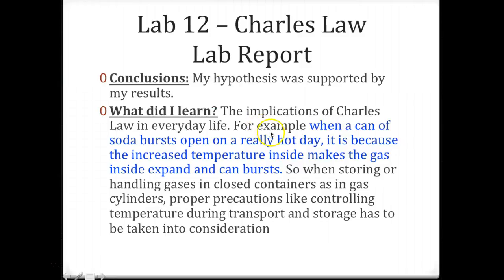The implications of Charles' law in everyday life is, for example, if a can of soda bursts on a really hot day, it's because the increased temperature inside makes the gas, which is carbon dioxide, expand. And then since it's a closed container, the pressure builds up so high that the can will burst. So how is this important? For example, if you're going to be storing or handling gases which are in closed containers,